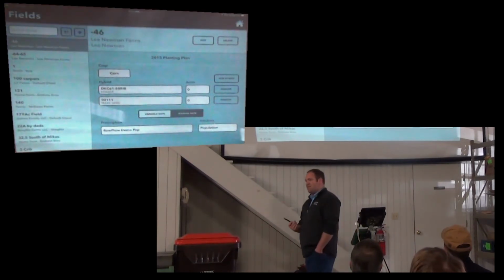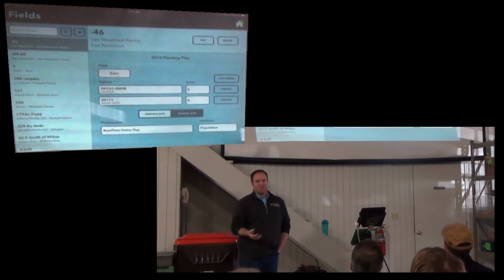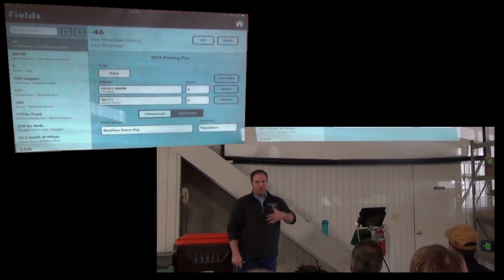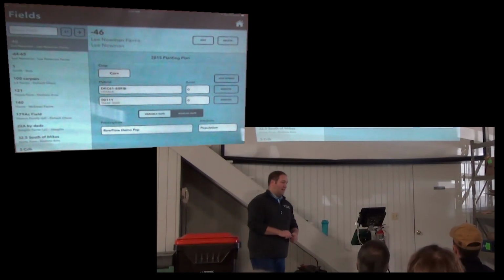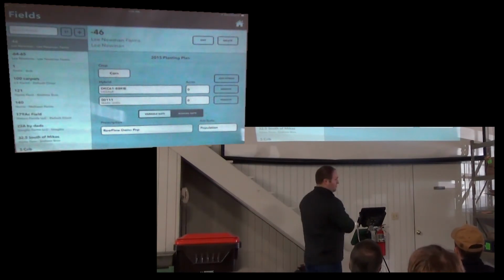Now there's multiple ways to get fields in here. One is, if you've had a 2020 in the past, you add FieldView to it, all your fields from the 2020 will sync over. If you have a new 2020 in the FieldView system, and you map your fields in Climate Basic, either now or in the next few business days, your fields should be showing up on the FieldView side. Or, you can hit the plus button right there